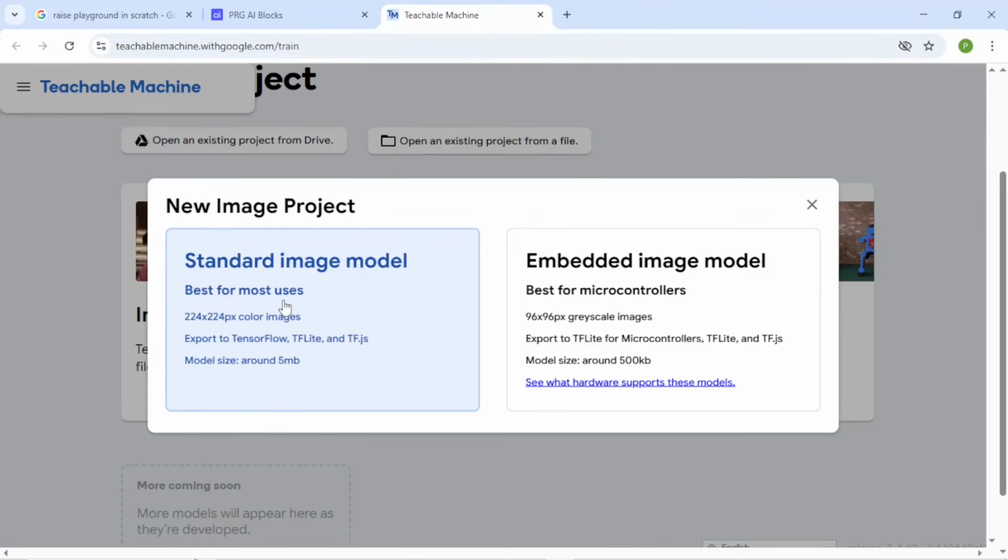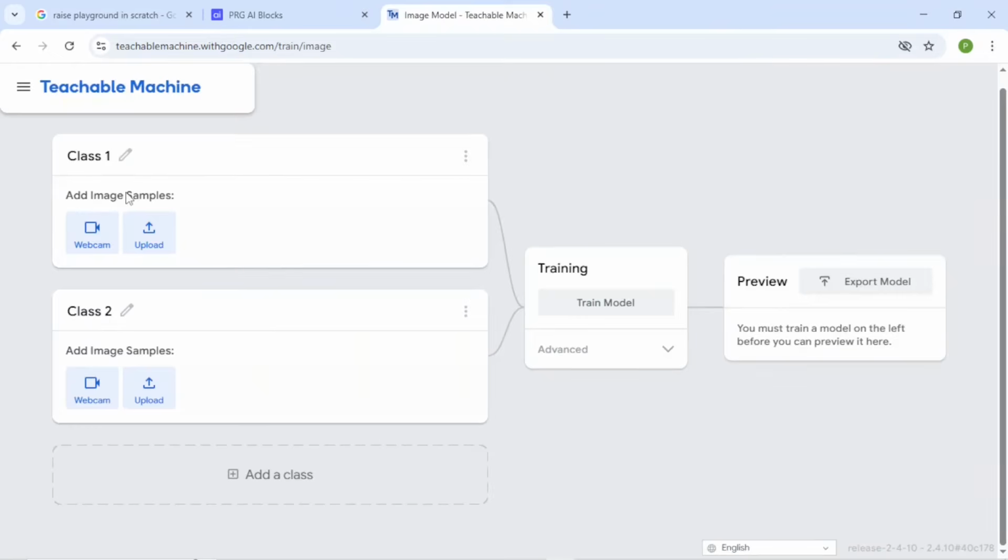First I'm going to choose the standard image model. And there are two options. If you want to use the image model, you can use the webcam to upload direct images, or you can also use uploaded images which are already present in your system.